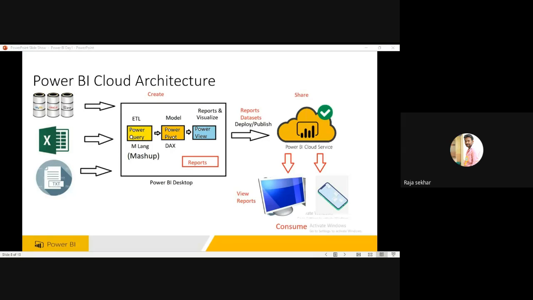Sir, if you are unable to install Power BI, please check the system configurations. The minimum required is 4 GB RAM. If your system does not have 4 GB RAM, it will not be supported. If it is 4 GB, please cross-check with the 64-bit OS. If you have a problem in the downloading or in the installation,